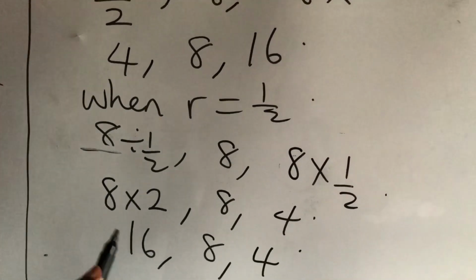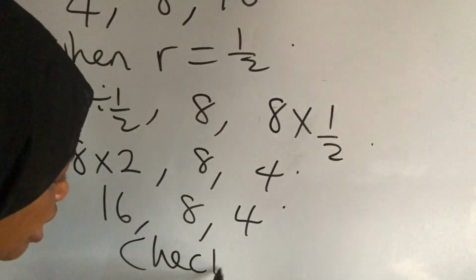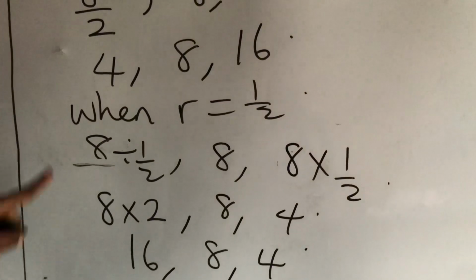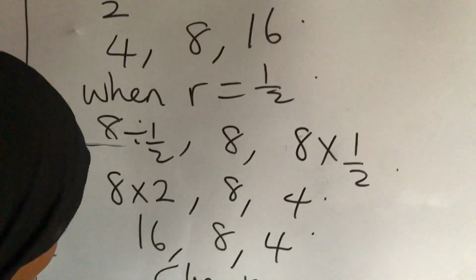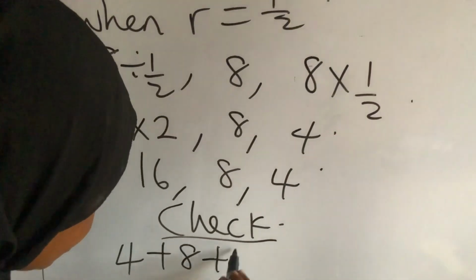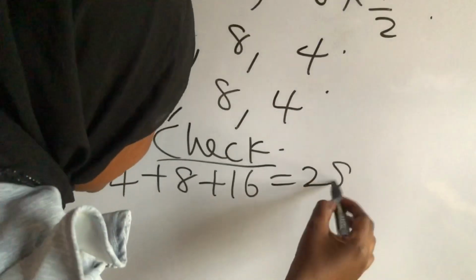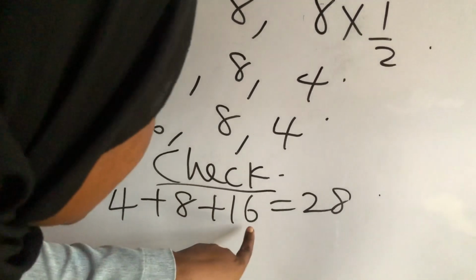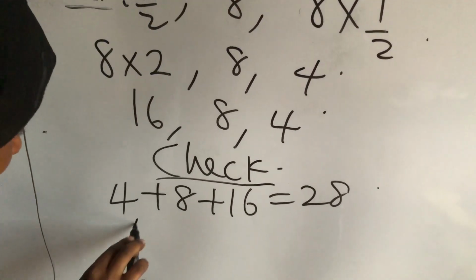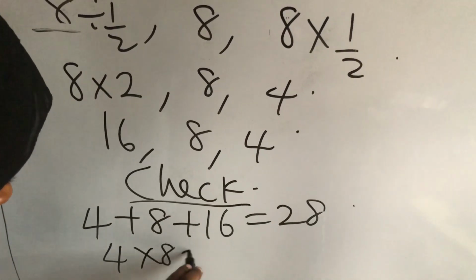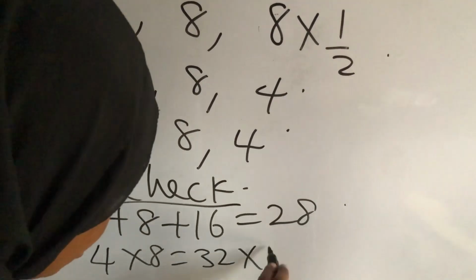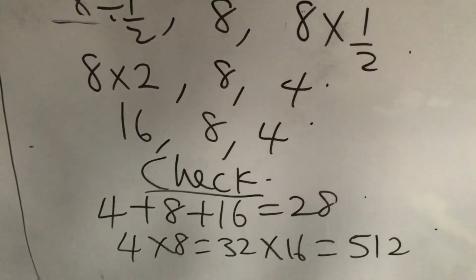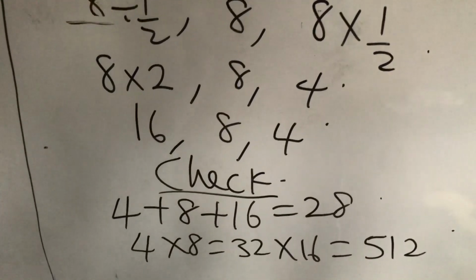So now let's check whether we are correct or not. If we add them together, let's add together 4 plus 8 plus 16. Is it going to give us 28? Yes. 4 plus 8, 12. 12 plus 16, 28. So, if you multiply, 4 multiplied by 8 is equal to 32. 32 multiplied by 16 gives 512. So, you can check for the other one when r is equal to 1/2 and let me know the answer